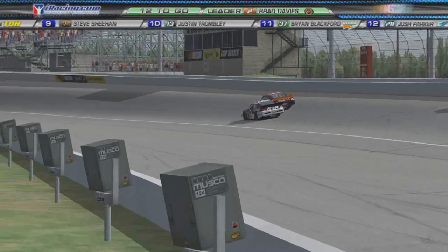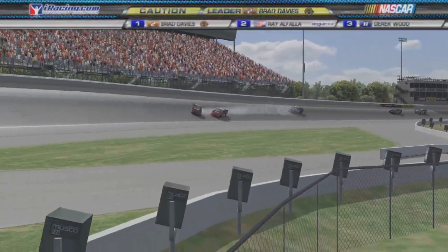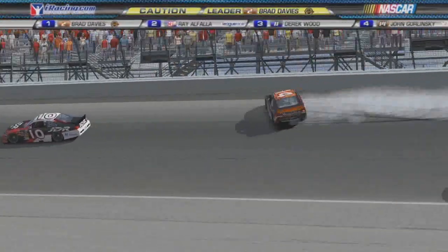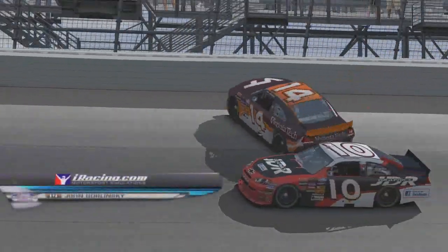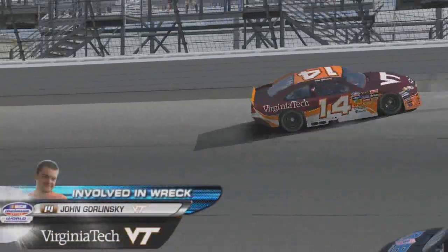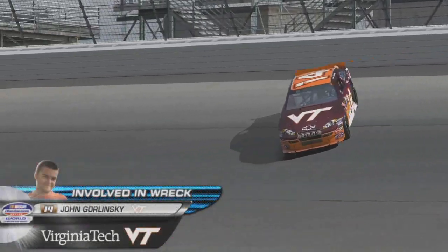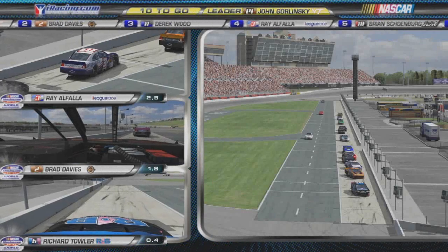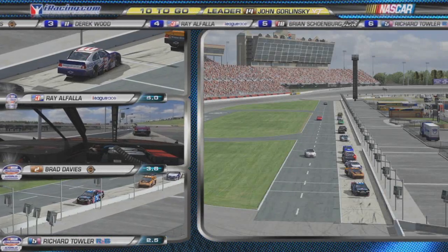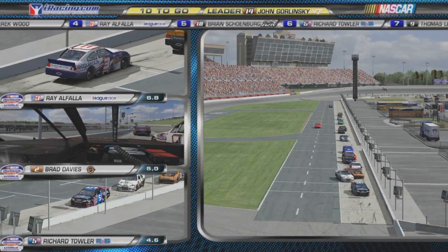Schoenberg dives down to the inside of the number 14 machine of Gorlinski. Oh, Gorlinski into the outside wall. Schoenberg and Gorlinski came together. John Gorlinski hard into the outside wall, and almost like clockwork in the last 10 laps, Tim, we find ourselves with a yellow flag. Brad Davies on the pit road, along with Derek Wood, Ray Alfala, Richard Towler, all the